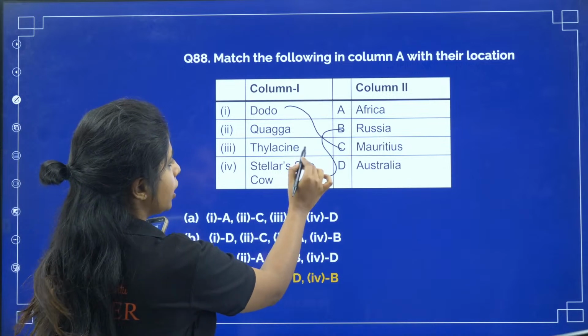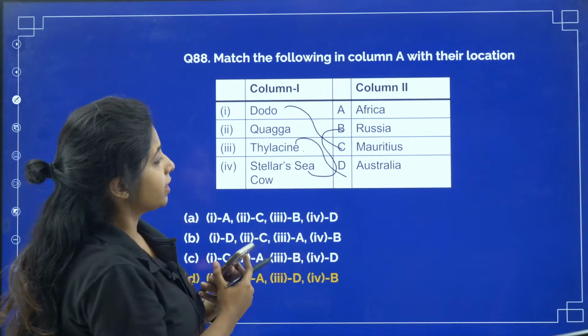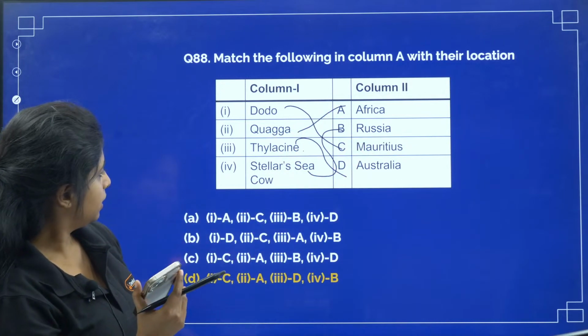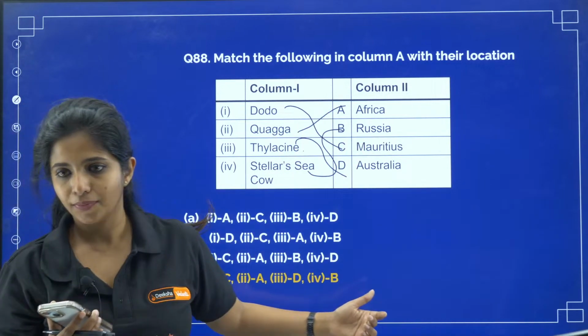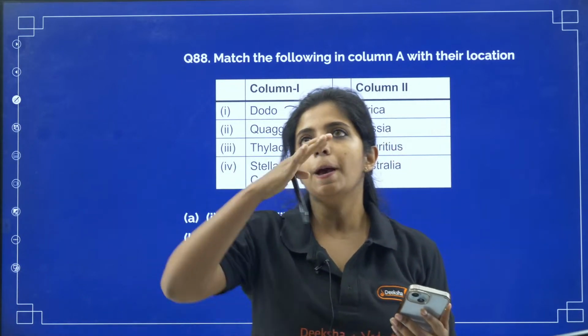So basically over here, thylacine goes with Australia and quagga goes with Africa. Is that correct? Yes. Okay, so always remember this thing, and also remember one more very important thing, that is basically there